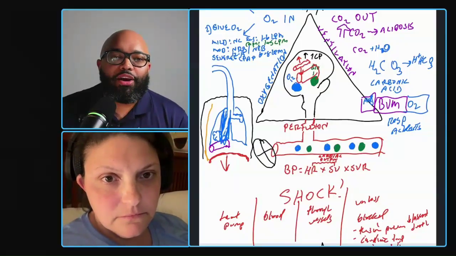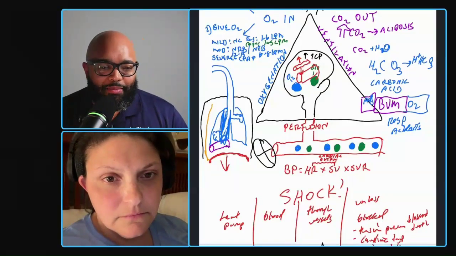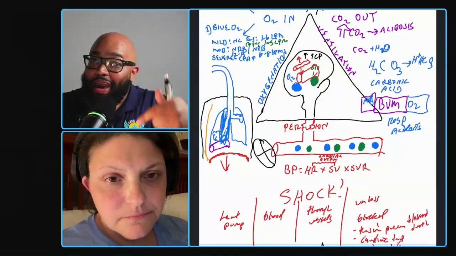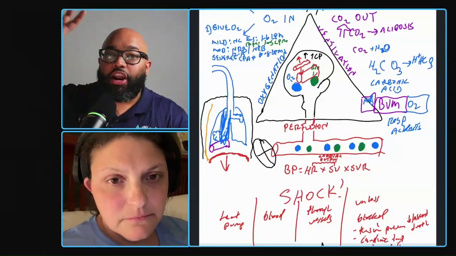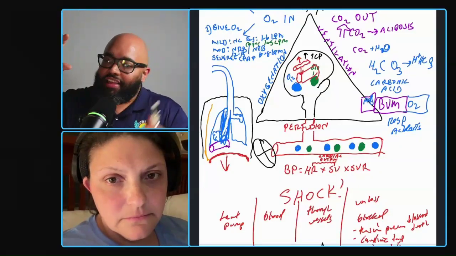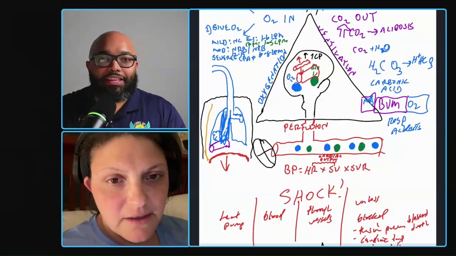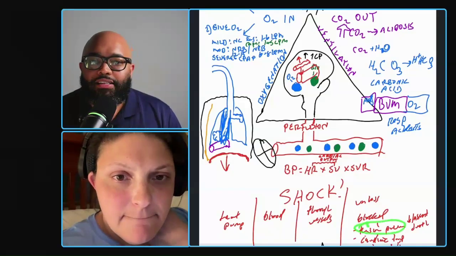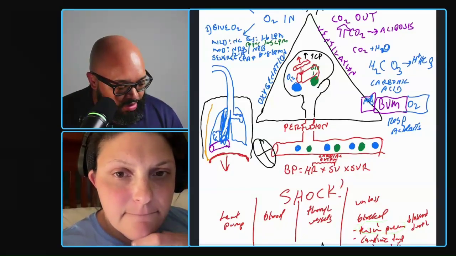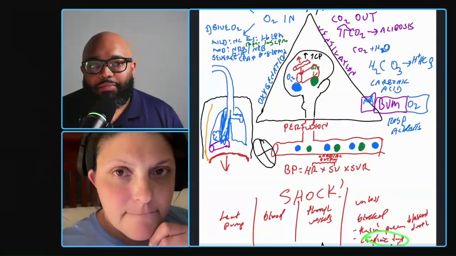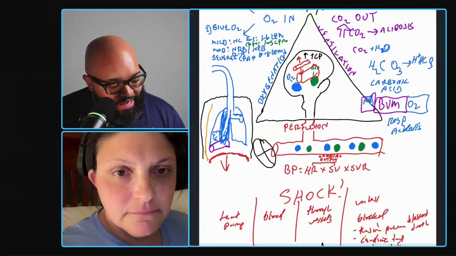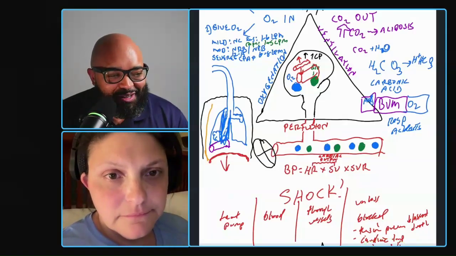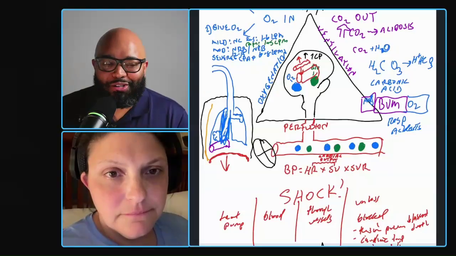Just take a random scenario and take this one picture and say, wait a minute, can I explain why I'm going to have all the symptoms? And you're going to see the pattern just keeps coming over and over and over. It all started at a different point. The end result, left untreated, all ends up the exact same way. And you notice how we started off with tension pneumothorax and we got to the exact same signs and symptoms. We started off with cardiac tamponade. What do you think would happen if I start off with pulmonary embolism? You think I'm going to get you back to the exact same signs and symptoms? Okay, that's the pattern I want you to see.